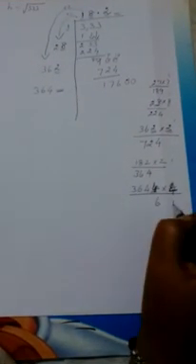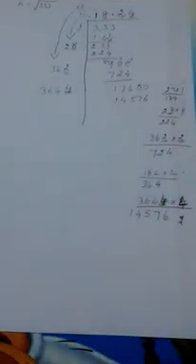So I take 4. 4 4s are 16. 1. Again 4 4s are 16. 16 plus 1, 17. 1. 6 4s are 24. 24 plus 1, 25. 5. 2. Then 3 4s are 12. 12 plus 2, 14. So I get this number. This is closer. So 4 it is. Okay. So I write 4 here, the same number 4 here. Okay, here 1, 4, 5, 7, 6, this number.